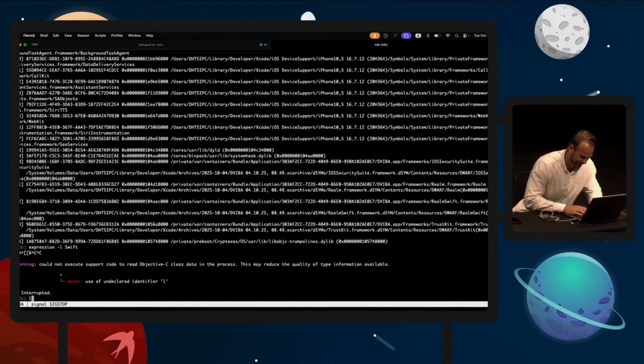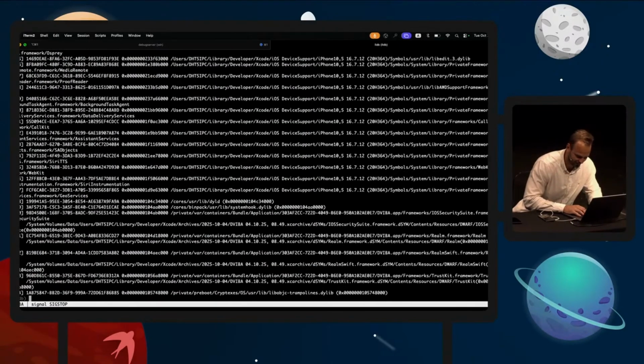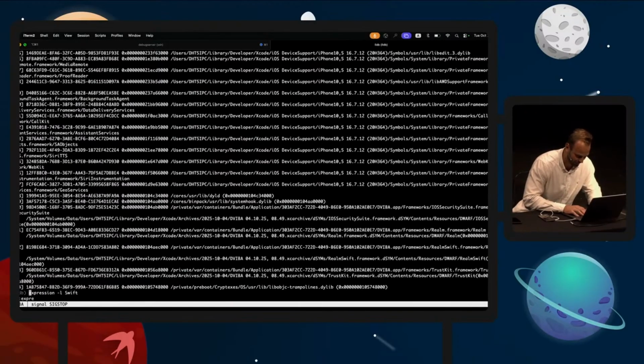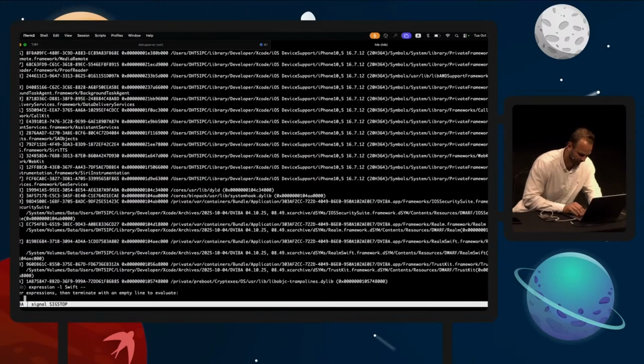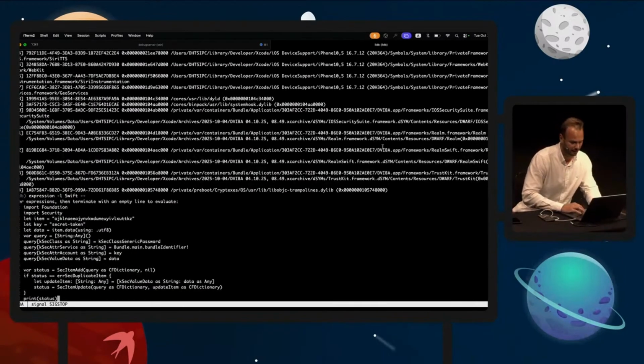Okay, so what did it do? Okay, so we didn't kill the app, so that's good. So let's try it again. Expression, and I think I missed the double. Yeah. So this is essentially the keychain injection.